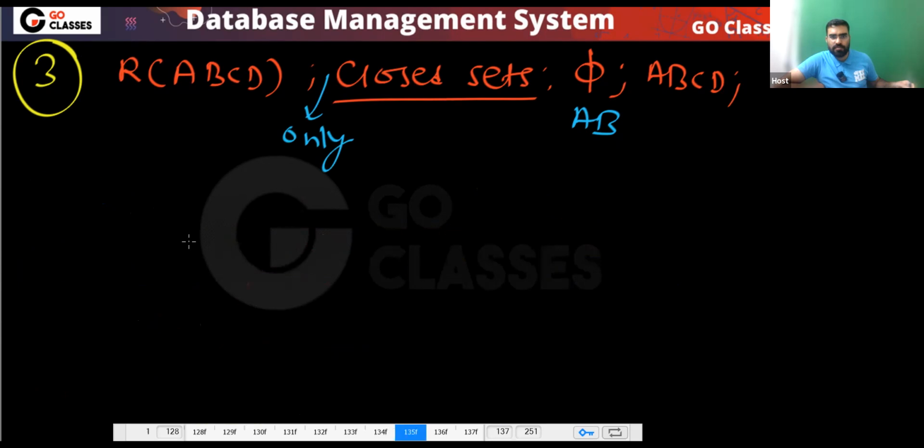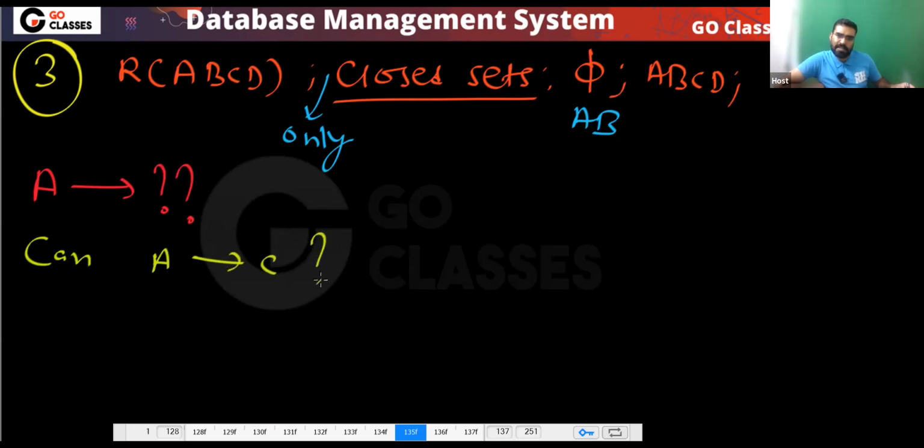Okay. Now, what will A bring? What can A bring? Can A bring C? A simple question I am asking. Can A bring C? If A brings C, there will be a problem. What is the problem? If A brings C,